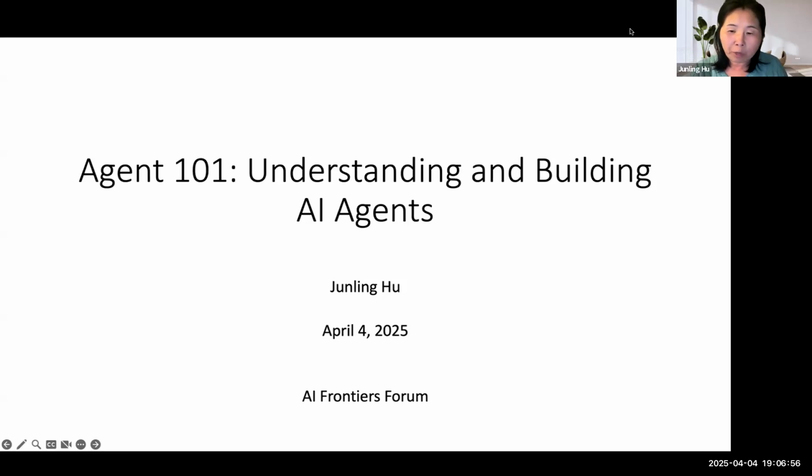Certainly, many of you have seen Hugging Face, OpenAI, they all released the so-called agent framework, but all of them has a different language, different kind of framework. So it's kind of still very mysterious for most of us to see what exactly is going on.